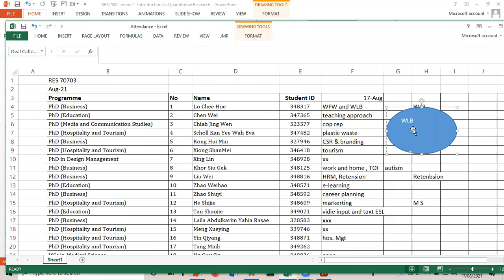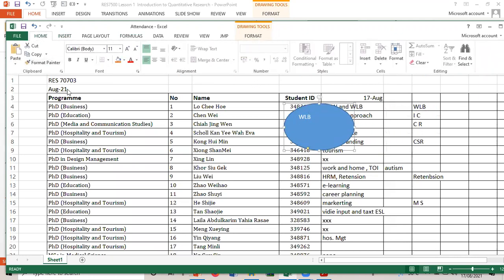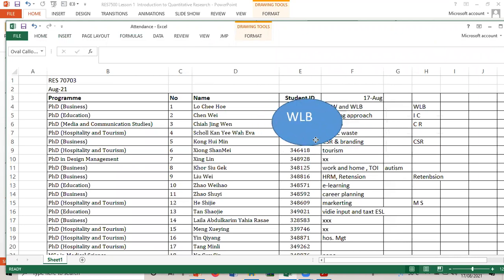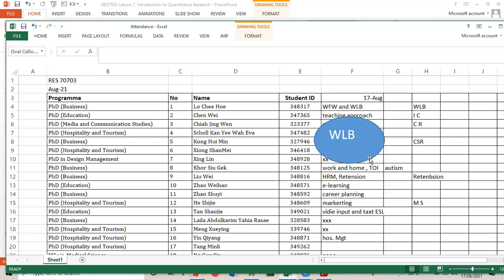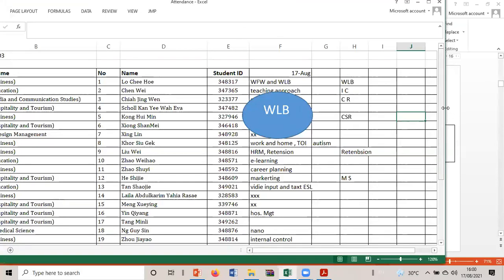Work-life balance inside the circle. That's all. So each one of you will have something similar to this. So his circle is work-life balance. So check yours. Now make sure you do this, okay? The retention, you write the retention, work-life balance. Okay, all done? All right.